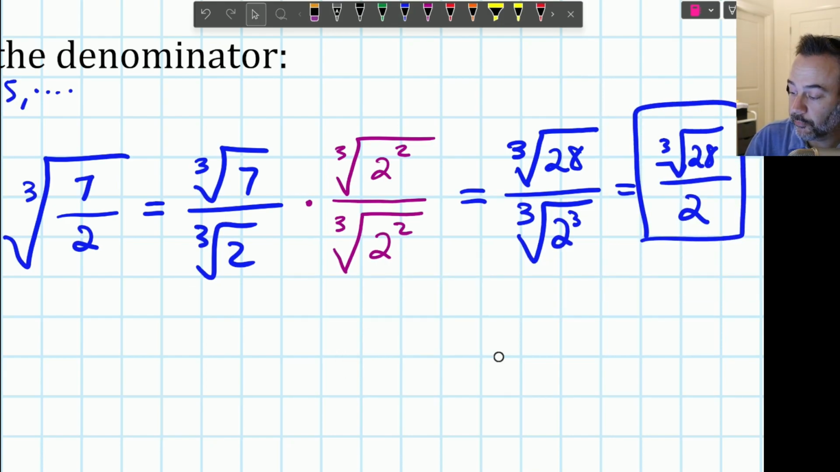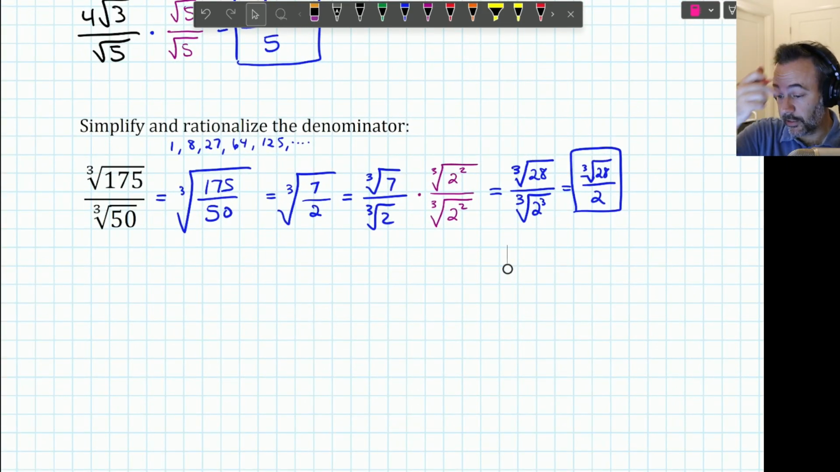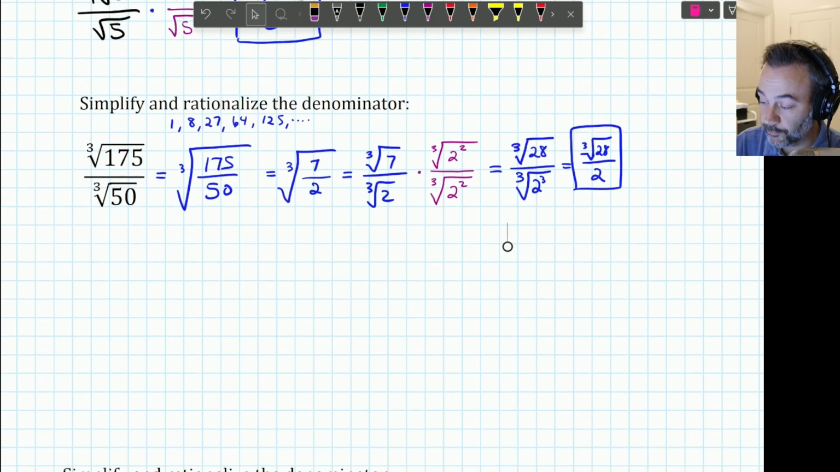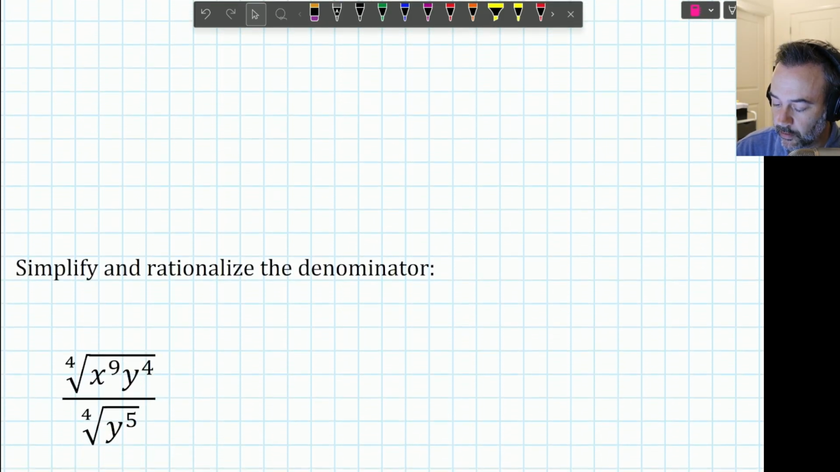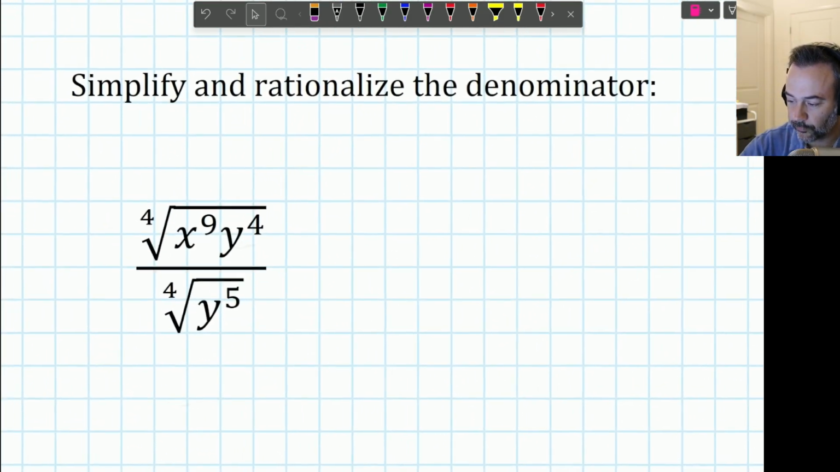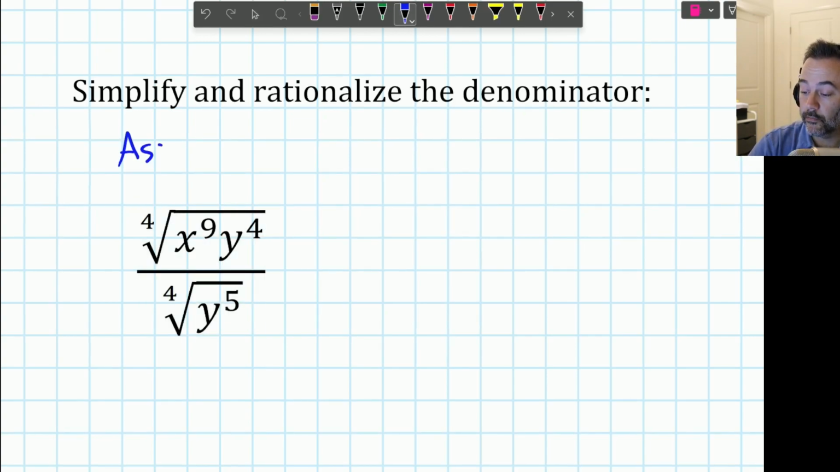And we have rewritten the original situation in its most simplified form. Okay, use a few different radical properties there. Last one. Simplify and rationalize the denominator. Also, the instruction you will see in the book is it will say, assume